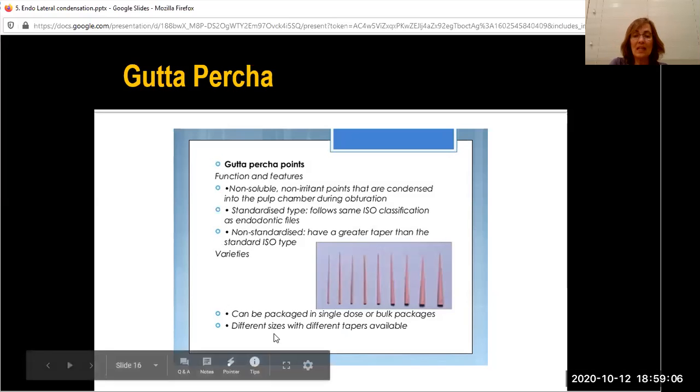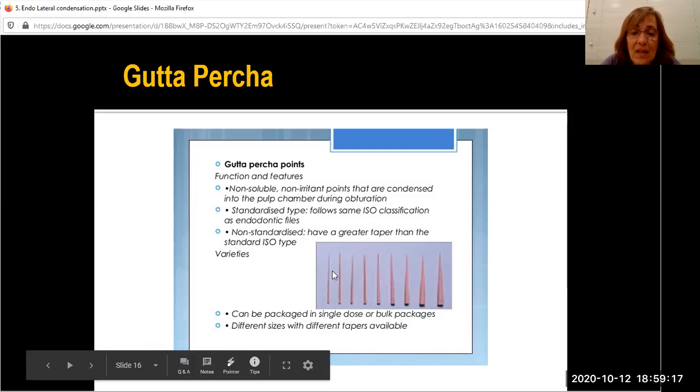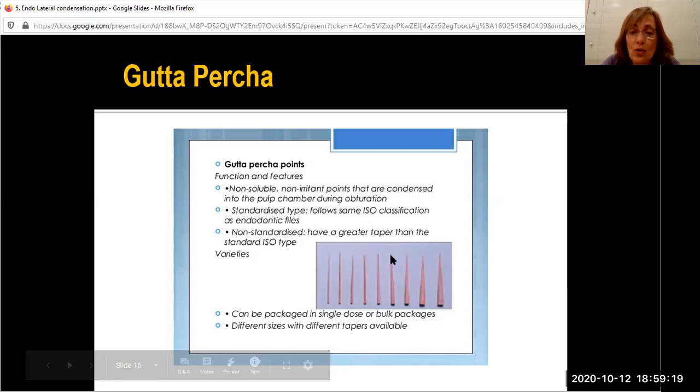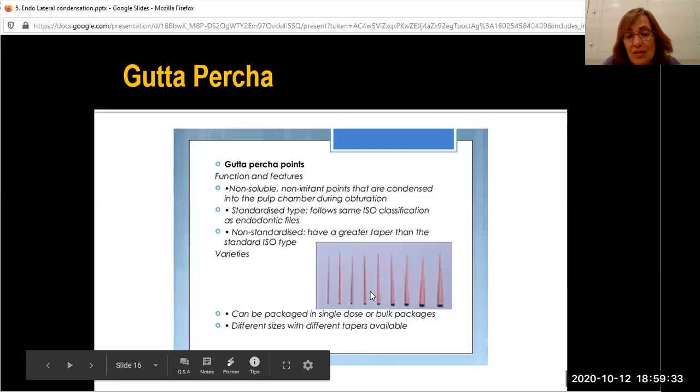Okay, so here we're looking at gutta percha points, but we are not looking at master cones. We are looking at accessory canals, accessory points. Gutta percha is non-soluble, it is a non-irritant, and you can condense it one next to another. If you take a look here, you will see that there are all different sizes. This is a fine gutta percha point. This is a fine medium, and they go on with the description of being fine, medium,